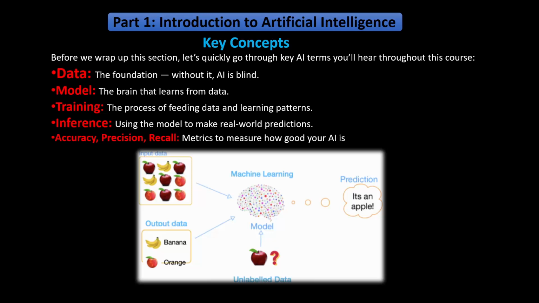Now, once you have trained and you have a model, then you have to use that model for real-world prediction. That is known as inference. But before inference, you have to check how good your AI is. That is known as metrics to measure, like accuracy, precision, recall. Now we have different metrics. We have separate metrics for classification, and separate metrics for regression, unsupervised, and NLP algorithms that we will see in future sessions.